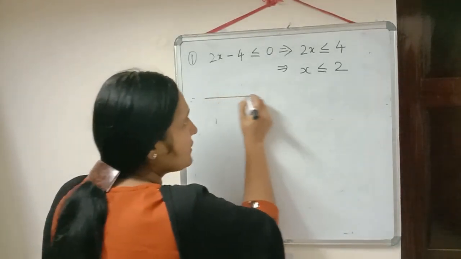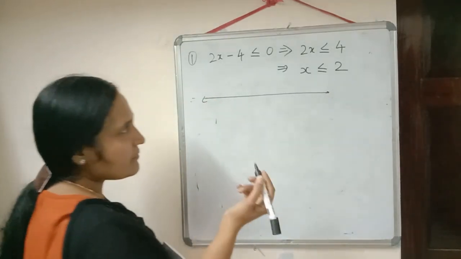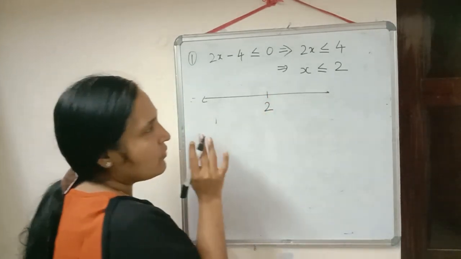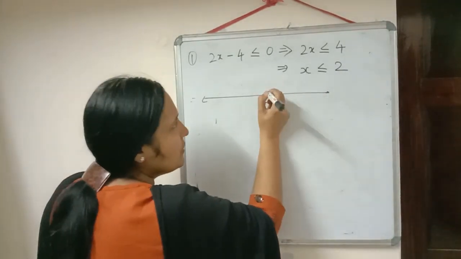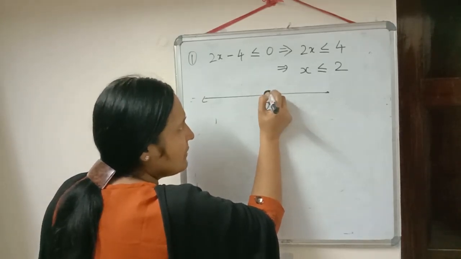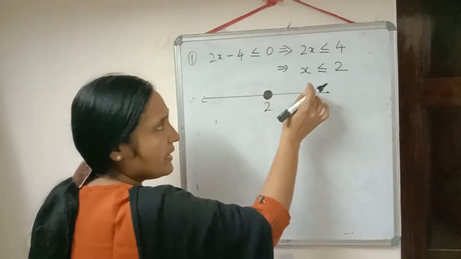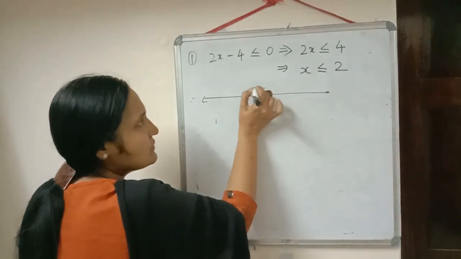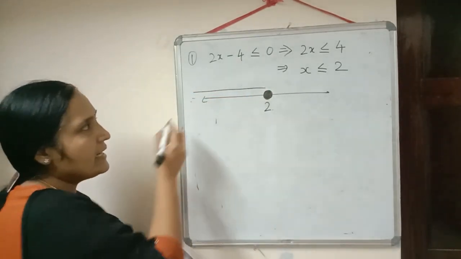Now what we will do, we will draw the number line. Then it will be easy for you to write down the interval form. So we are getting a solution 2 here. Just we wrote 2 somewhere there. Now what they are saying, x is a number which is less than or equal to 2. So when you are using equal to also, just darken the circle here. Where 2 we wrote there we will draw a circle, and we will darken the circle when it will take the value 2 also. Then x will take the values which are less than or equal to 2. So obviously we are moving to negative side there.